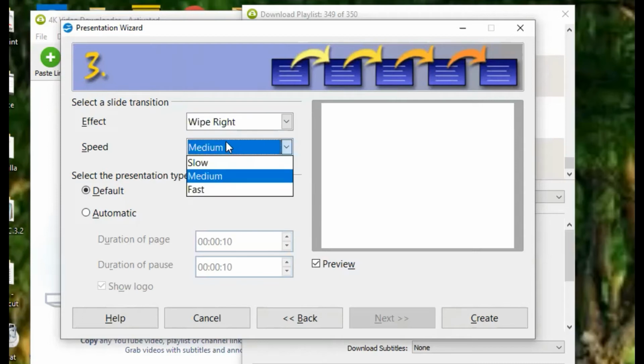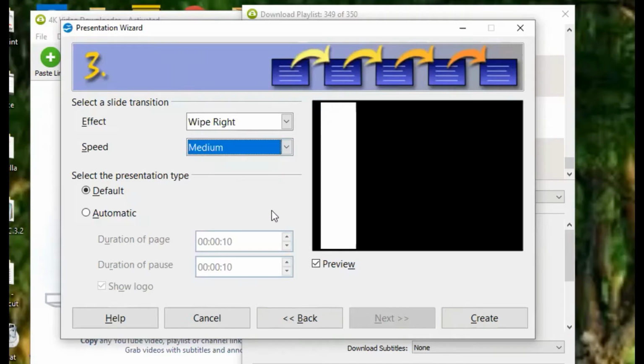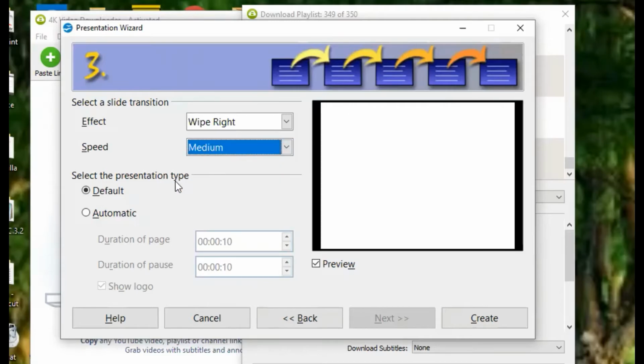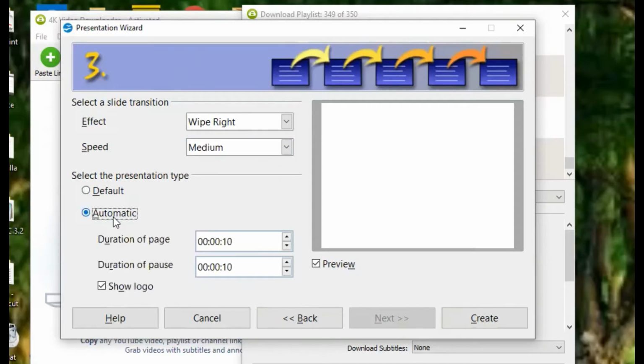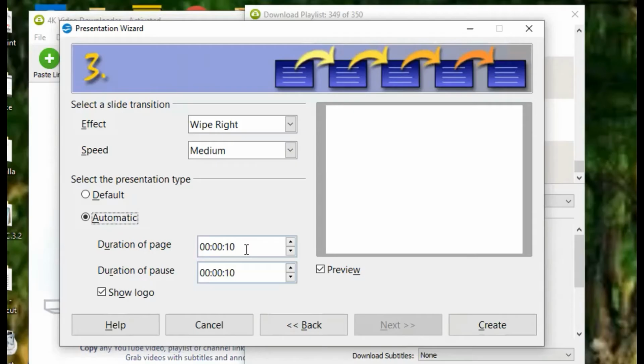Then you can select transition speed, that is slow, medium and fast. Okay. Then presentation type, this is default, this is automatic. Okay. Automatic here, that means while we are showing this presentation, at that time we do not require to press enter or click on slide to bring next slide on screen. Okay.